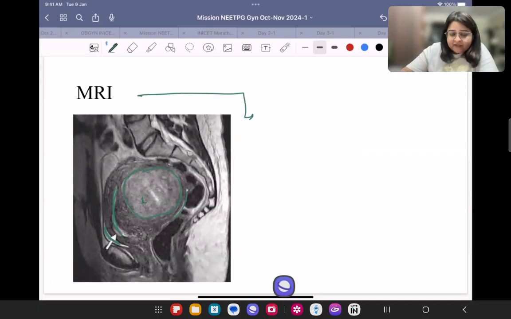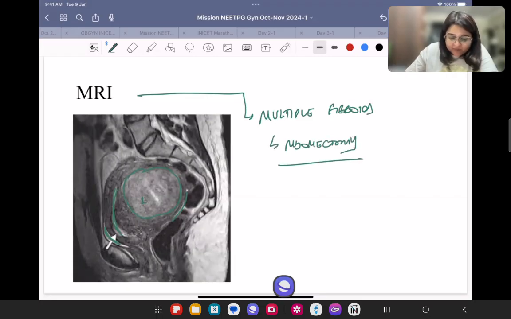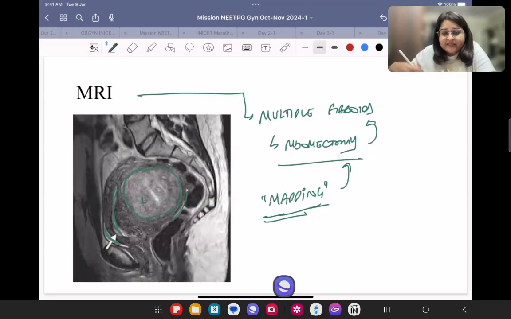MRI is useful in a patient who has multiple uterine fibroids and you are planning for her a myomectomy. Now, a woman with multiple fibroids, a myomectomy will involve a lot of planning because you need to know beforehand कि कहाँ fibroid है. So you can plan your incisions in such a way that you have minimum incisions on the uterus. This is called as mapping. Mapping of the fibroids prior to doing a myomectomy in a patient who has multiple fibroids. So basically planning your surgery so you can give minimal incisions on the uterus through which you can take out